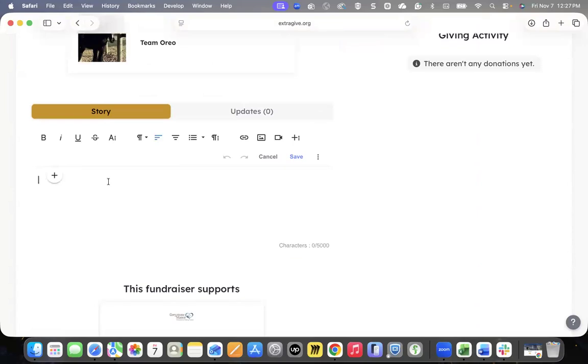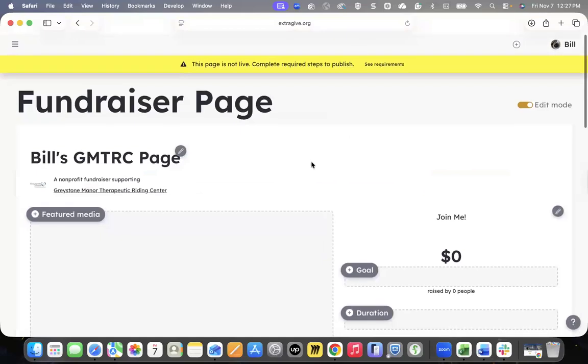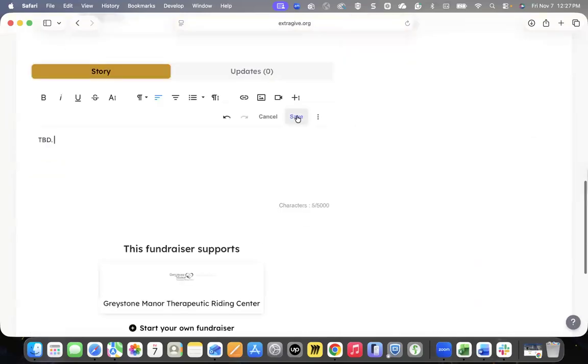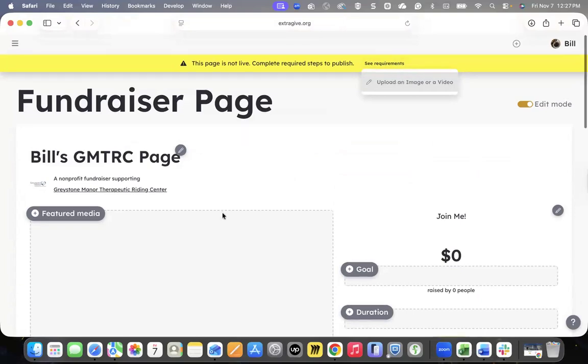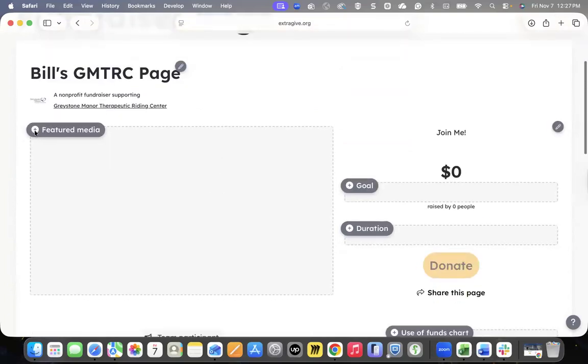I'm just going to write TBD. We would write something a little more fancy there, but I just want to create a situation where the requirements are taken care of. So if I click save, then we'll see on requirements, I only have one requirement left. And that is to create an image. So if I click here for featured media,